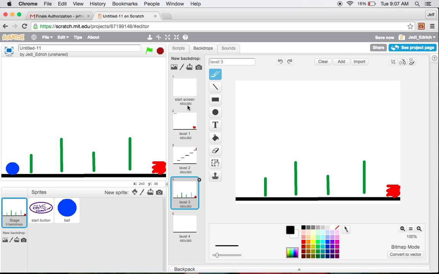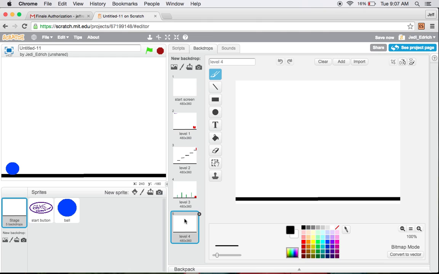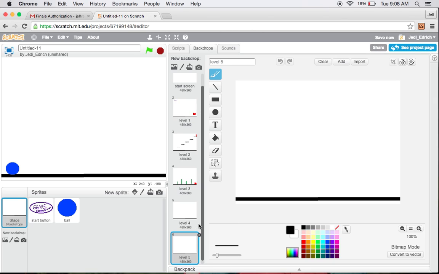Okay. So here's what I highly suggest. I highly suggest that you take one of these levels and you just duplicate it over and over again because we want to keep that black line at the bottom. We want to have that as like the constant, consistent thing in all of our levels. So if I hold down Control and I left click on a level, it's going to bring up duplicate. And then I can just say duplicate and hold it again and say duplicate. And it's going to just make a bunch of blank boards for me with a